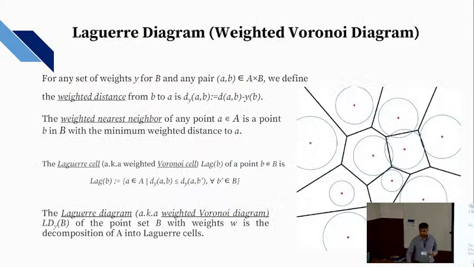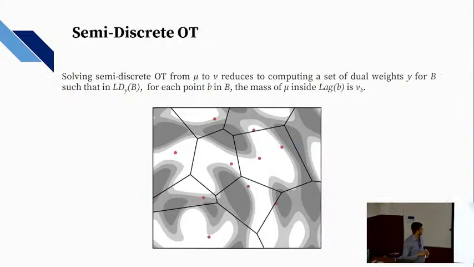Alright, so what is the link with the semi-discrete optimal transport? While you're drawing it as Voronoi, it's not clear that it will be convex. So the regions will be. If you assume P equal to 2 and the Euclidean distance, it turns out to have nice structure. These cells, no matter what weights you assign, turn out to be convex. But for L1 and weighted and other distances, other P's, this may not be the case.